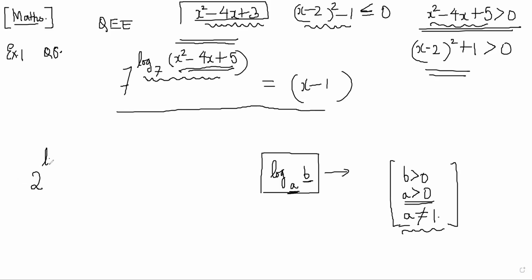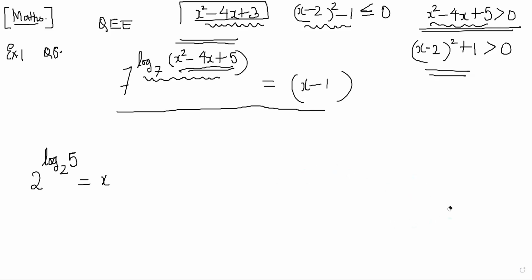So 2 power log 2 of something. Let's think about what this is. If I want to find out what x is, correct, let's take a log on both sides. We can take a log base e on both sides. You know what this e is, right? Natural log, Euler's number, that is 2.71828. That is just a number.